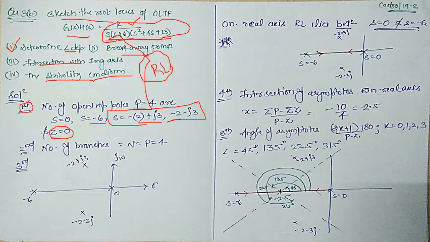Now next step is to determine number of branches of the root locus. Number of branches is always equal to P if poles are more than zeros, or it is equal to Z if zeros are greater than poles. So in this case there are no zeros, hence you are having only poles. So with respect to that, you can say there will be 4 different branches in the root locus. Now let us plot the open loop poles in the real imaginary axis.